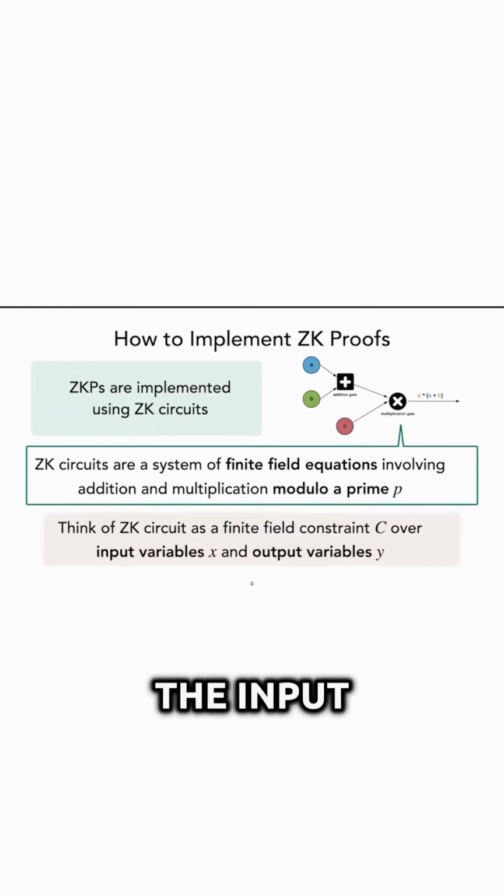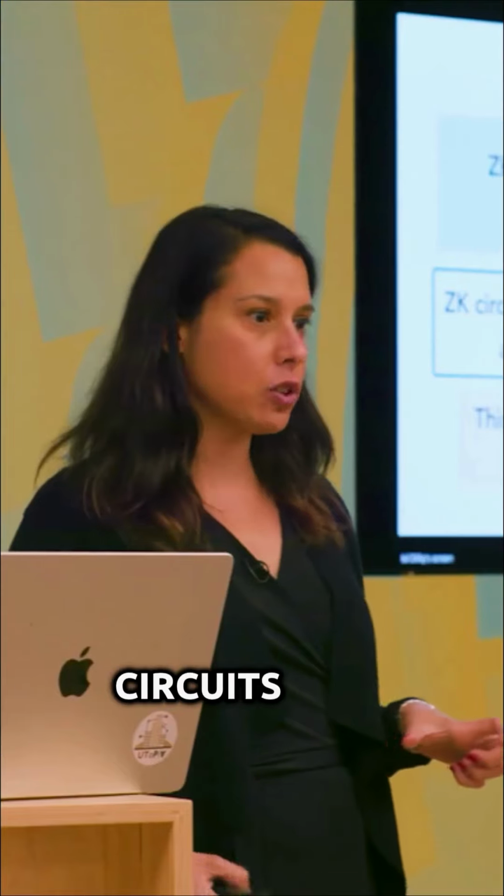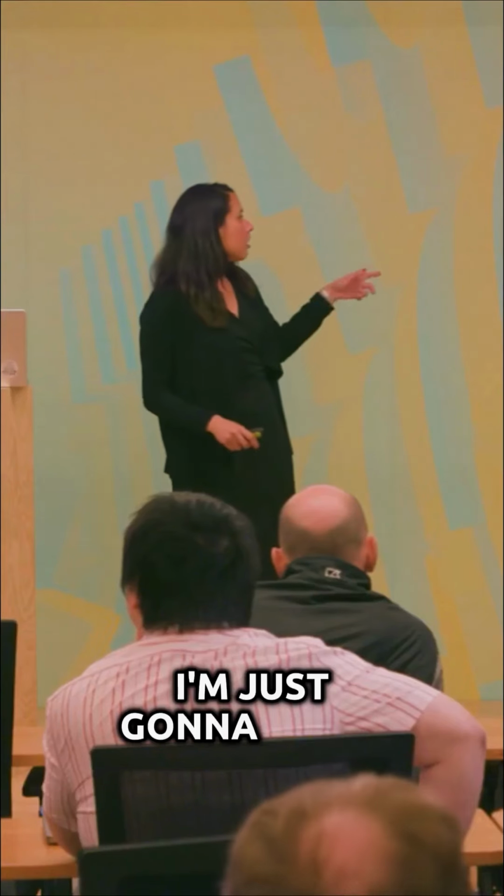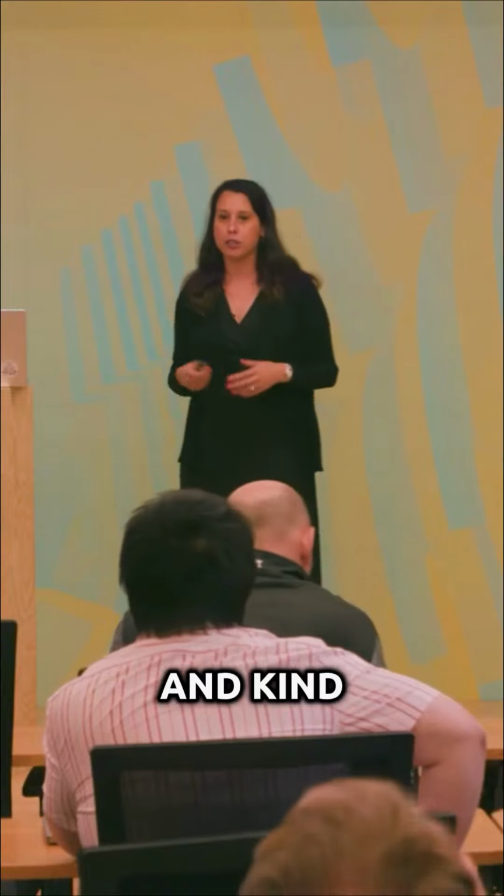finite field equations. I'm going to represent the input variables of the circuit using X and the output variables Y. And in general, as you probably know, circuits also have some intermediate variables, but just to simplify things, I'm just going to write a circuit as C of X, Y and kind of brush the intermediate variables under the rug to